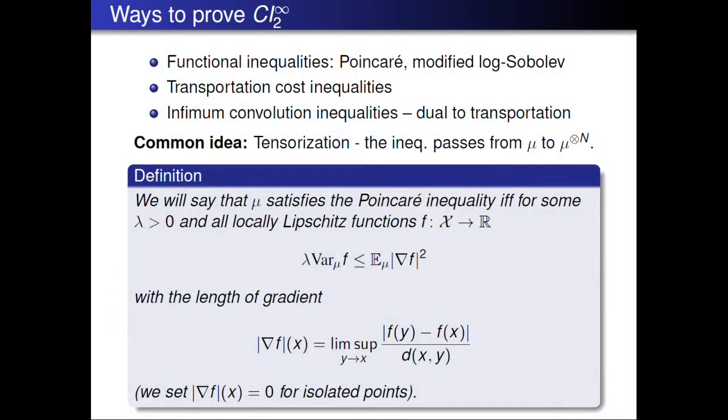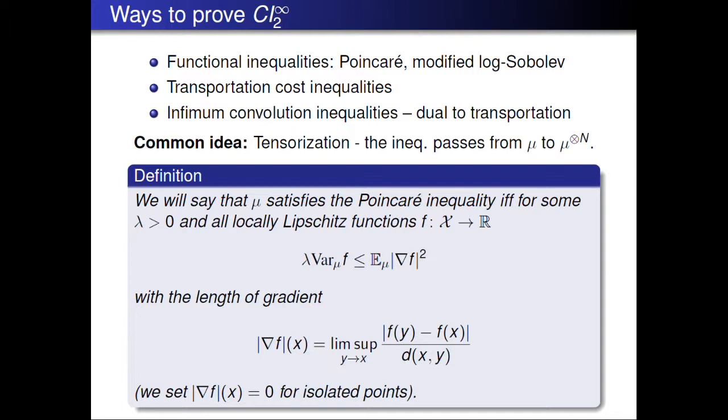So how do we prove such inequalities usually? I would say that there are 3 main ways to prove them. There are functional inequalities, for example, Poincaré or modified log-Sobolev, transportation cost inequalities, and their duals, which are infimum convolution inequalities. In all those cases, the idea is that we want to propose a type of inequality for which it is easy to pass from the measure to the tensor product. Once we know that the inequality holds for mu, it is very easy to show that it holds for all tensor products and the constants do not change. Of course, then it's a challenge to prove that this inequality holds for mu, but this tensorization allows us to